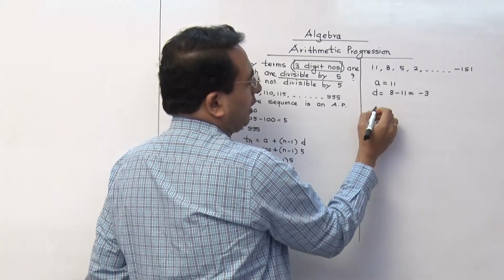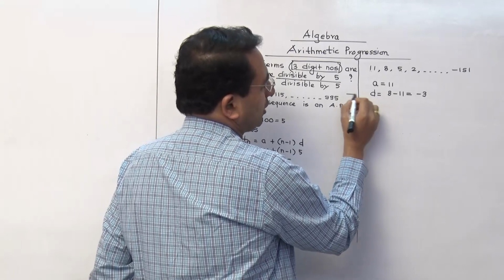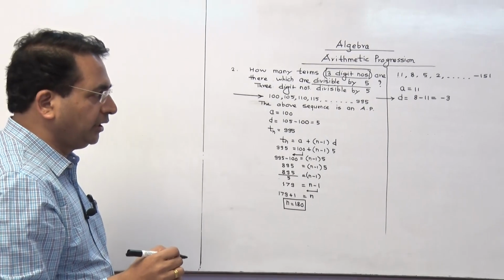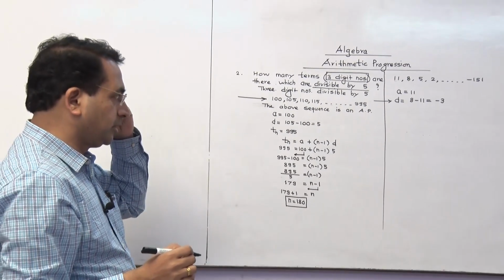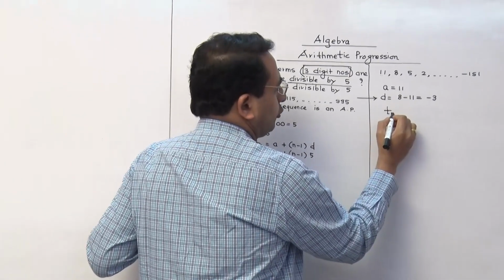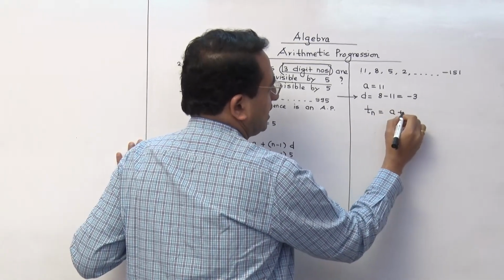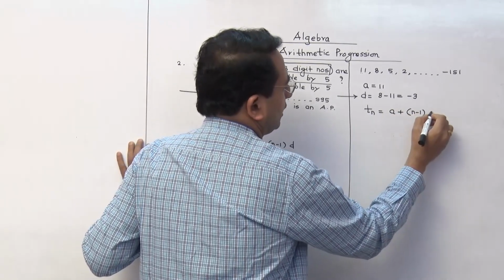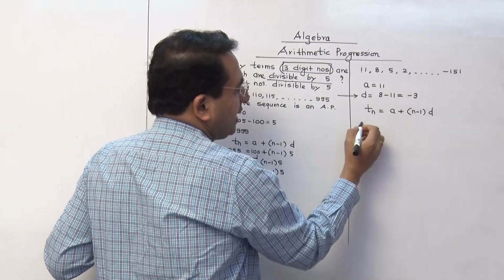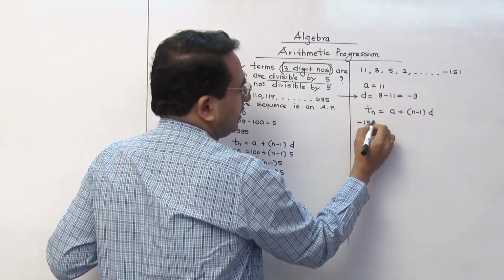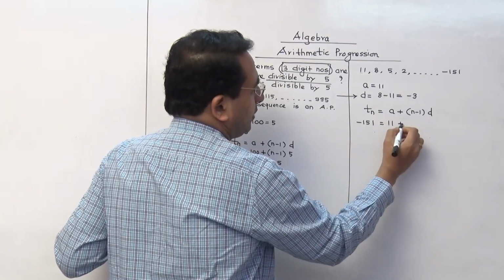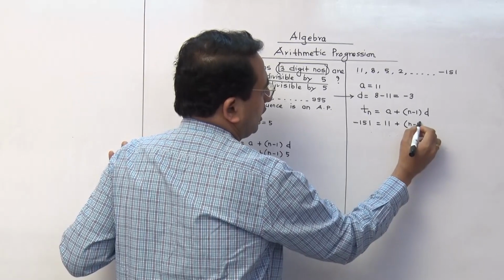So basically we have to use this. This is what is important. If you write this particular D part properly, then I think the question will be easier. Now you tell me, the formula is the same that you have to use. It is A plus n minus 1 into D. Now you know the last term of that sequence. So Tn is here, that is minus 151. Then A value is going to be 11 plus n minus 1 into D.